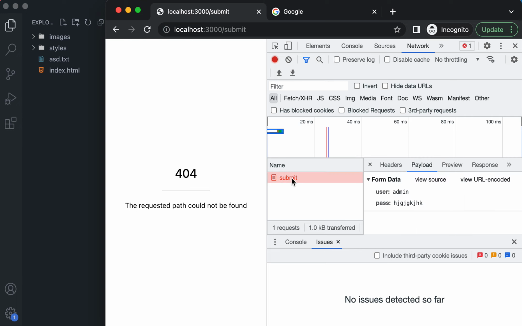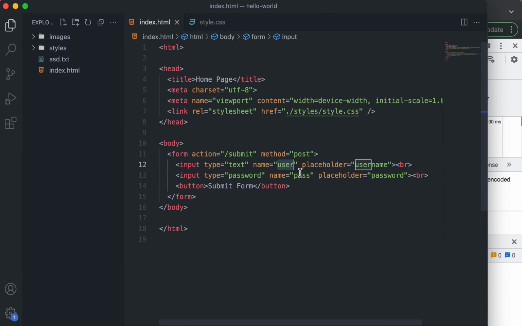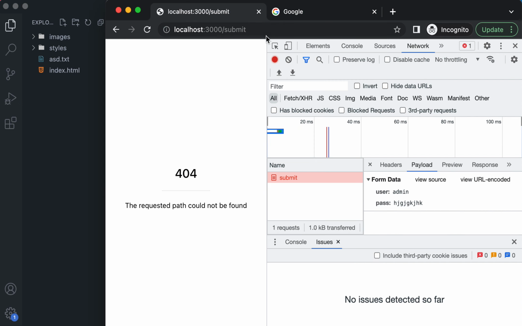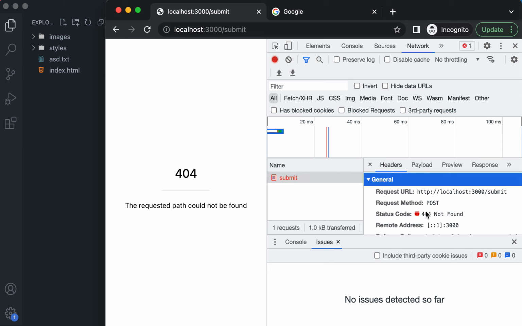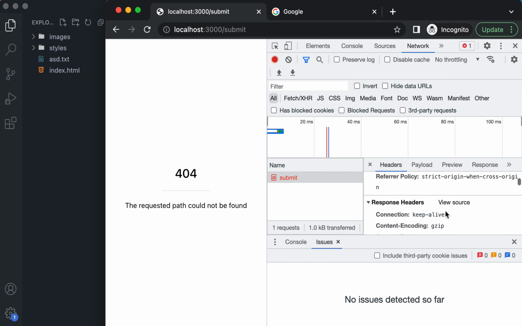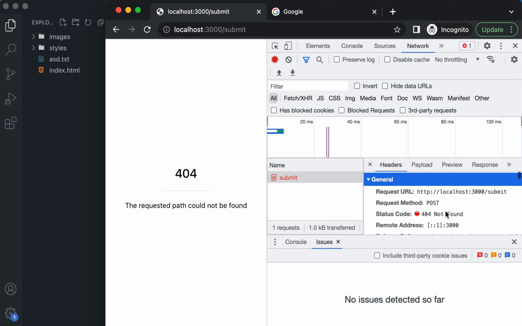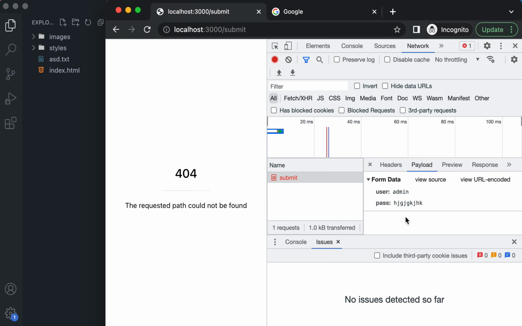But if you click that, you get more information. You see that you get a payload tab where you get the form data which you submitted. User and pass, so these correspond to these two fields. Corresponding to these two fields, they have created key and value pairs. Whatever was here, the same thing is coming here. That is fine. And then it is saying in the headers part that this thing is not found, and other details and headers are there. That is fine. But I just wanted to show you this. Okay, now